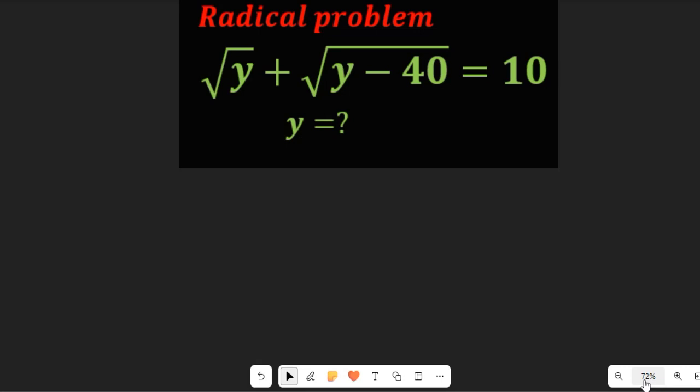Let's learn how to solve this radical problem. To solve this radical problem, the first thing that should come to our mind is to see how we can find the values of y. And that involves bringing off the square root from the left-hand side and making sure that we crack out